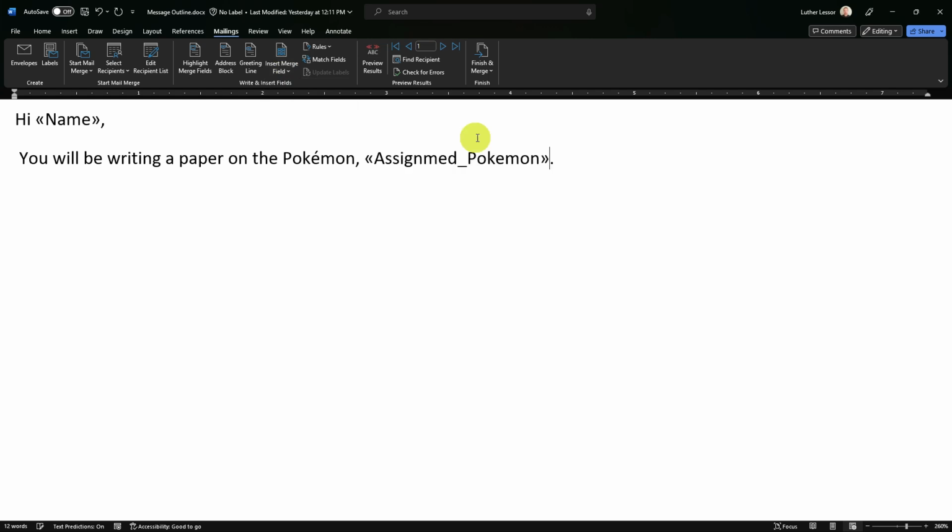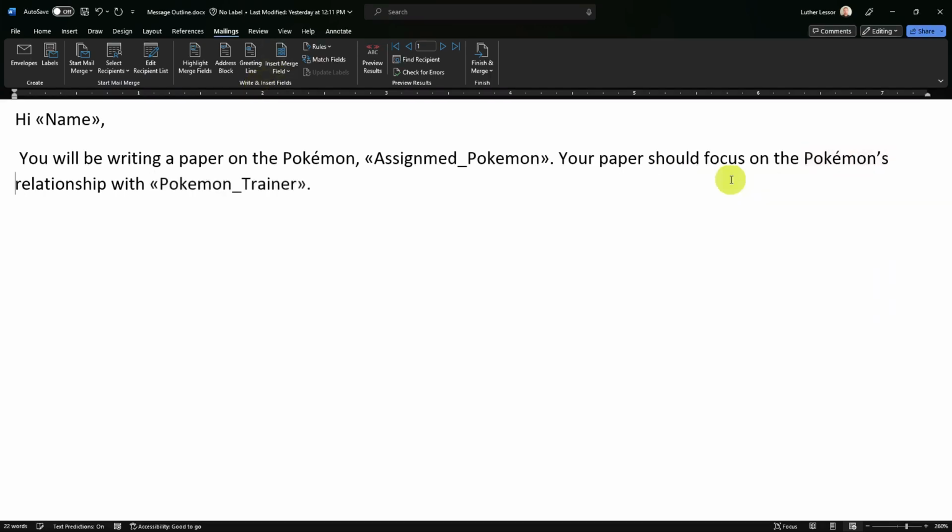That's their assigned Pokemon. Your paper should focus on the Pokemon's relationship with the individual trainer. And I'll go ahead and call that message good.